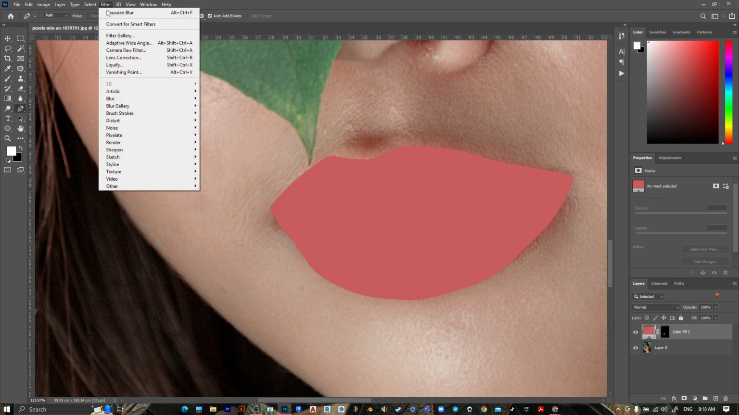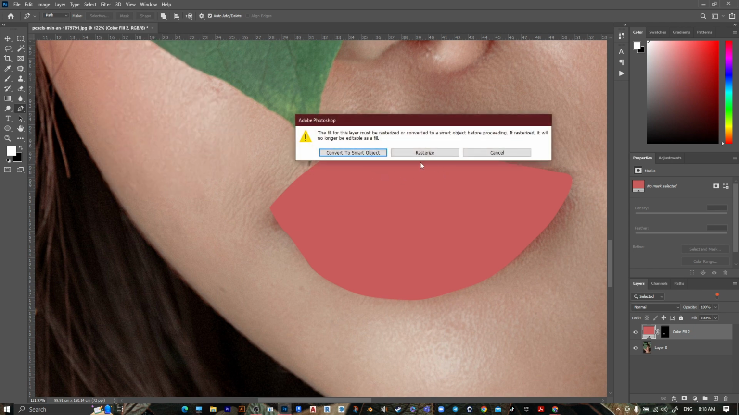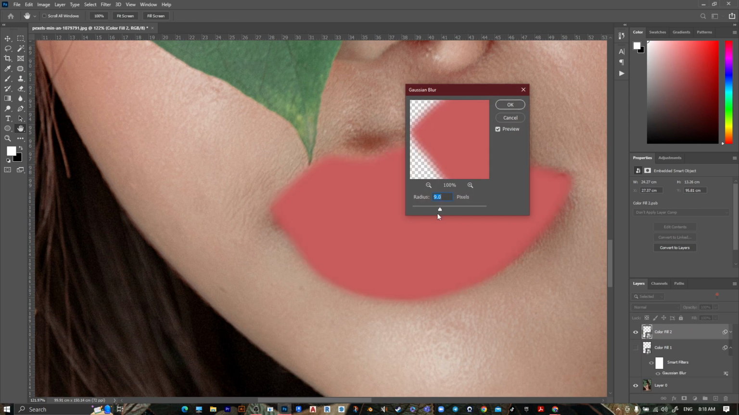Go to filter, go to blur, go to Gaussian blur and convert to smart object. Then let's convert it like this. Okay, let's make it 12